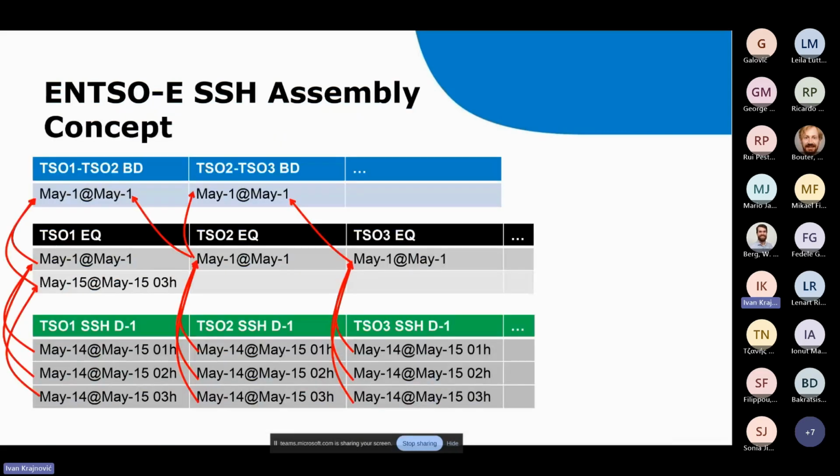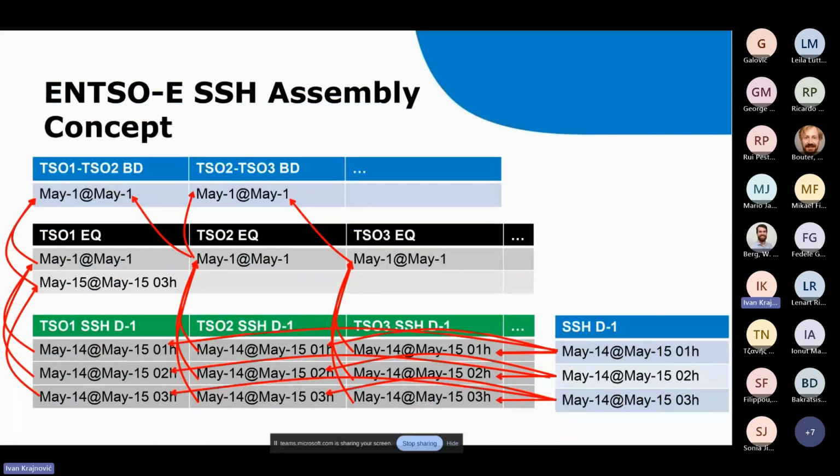This is the NSOE use case, the usual one that NSOE does every day for day-ahead congestion forecast. So it gets the equipment data from every TSO. It has its own boundary data. It has steady state hypothesis, so day-ahead data for every TSO, and it merges all this data and does the congestion forecast and load flow to verify it.